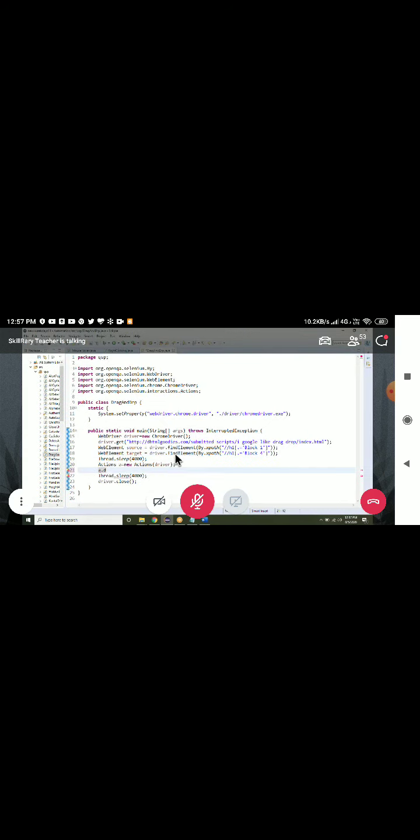Others, done the assignment? Any doubts in the assignment or any doubts in today's class? Ask. Second question from today's session. Right clicking.